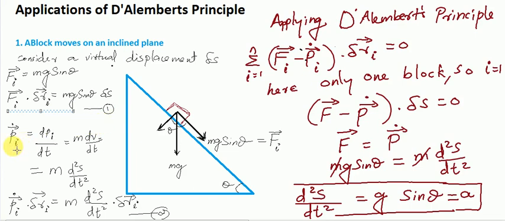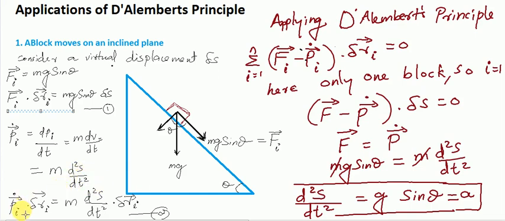In the same way, Pi dot, what is actually Pi dot? We learned the dot representation is for derivative. Pi dot is equal to dpi by dt. What is P? It's the momentum, m times v. So, m is a constant taken out, so m times dv by dt. What is v? V is ds by dt, rate of change of position or displacement. So, that is why we can write Pi dot as m d square s by dt square. It is ma, acceleration. Acceleration is d square s by dt square.